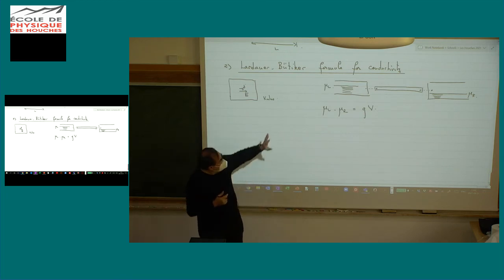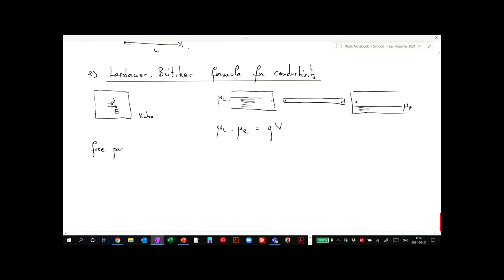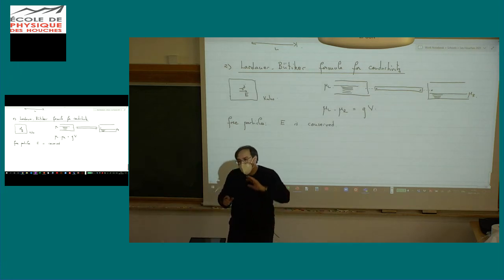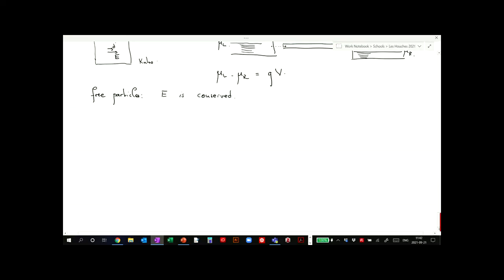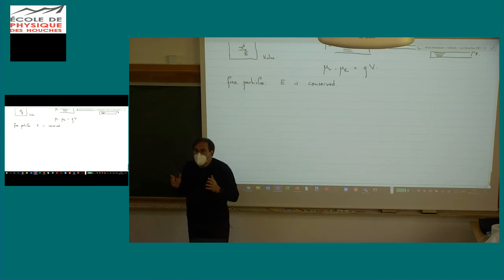So if I have free particles, the energy is conserved. It's not true if you have interactions. So the application of the Landauer-Büttiker formula to an interacting system is complicated. I mean, it can be done, but it's complicated. But for the moment, let me ignore this. So it means that I can imagine the left reservoir sending waves through the system, and the right reservoir will receive a couple of particles or waves, if you want, on the other side, and a certain part will be reflected to the